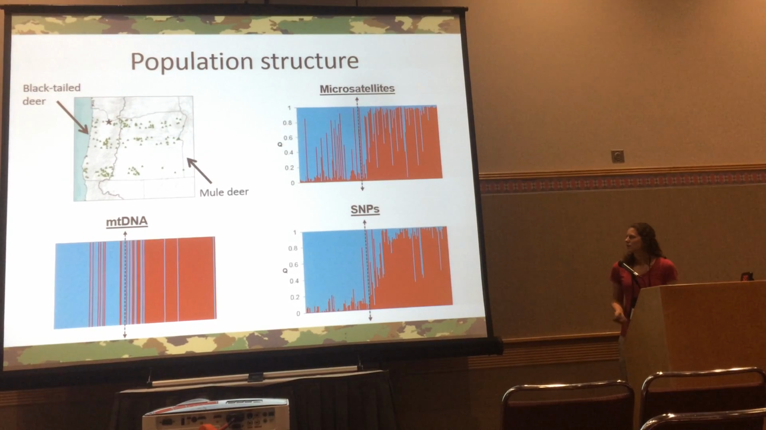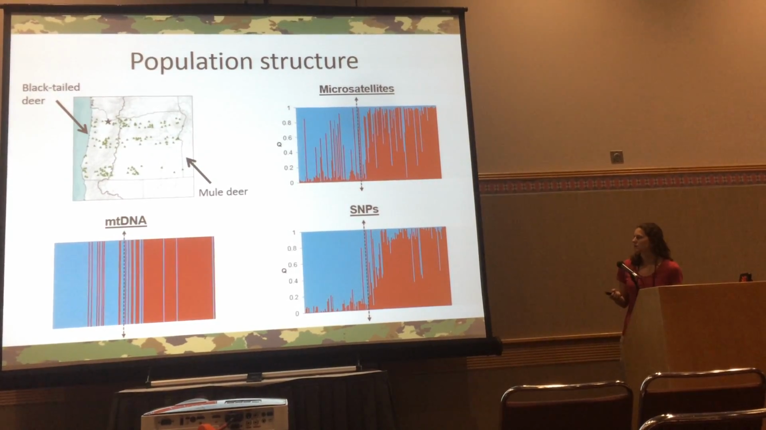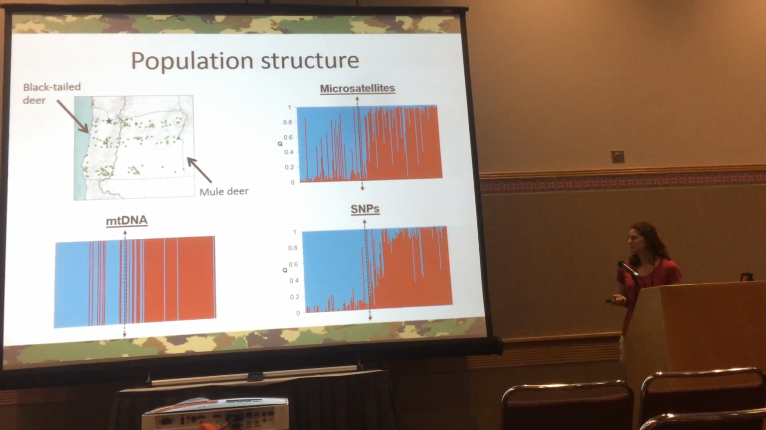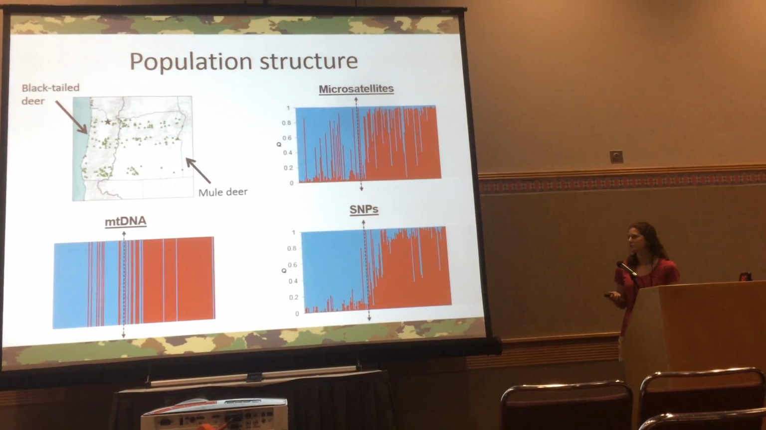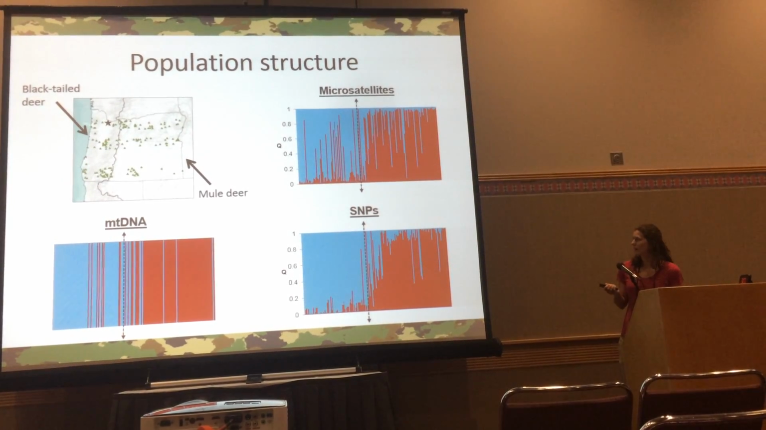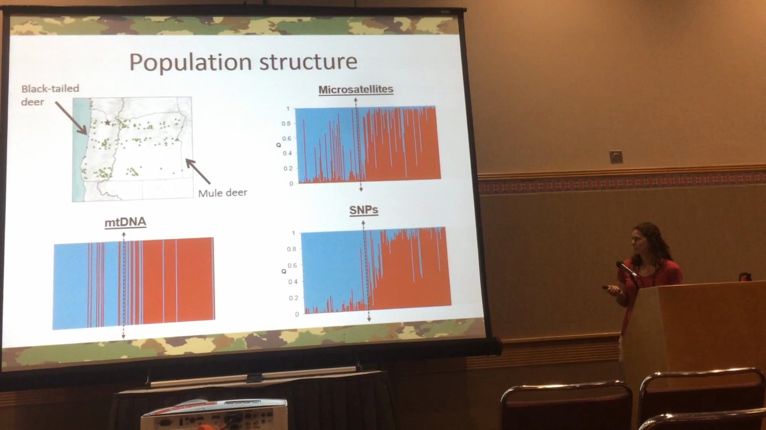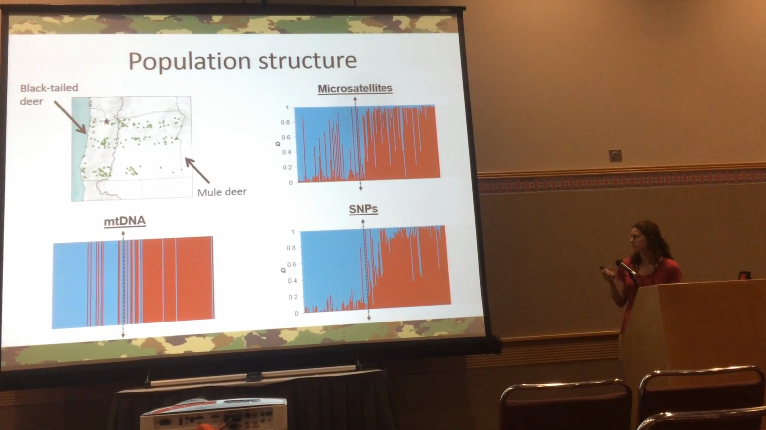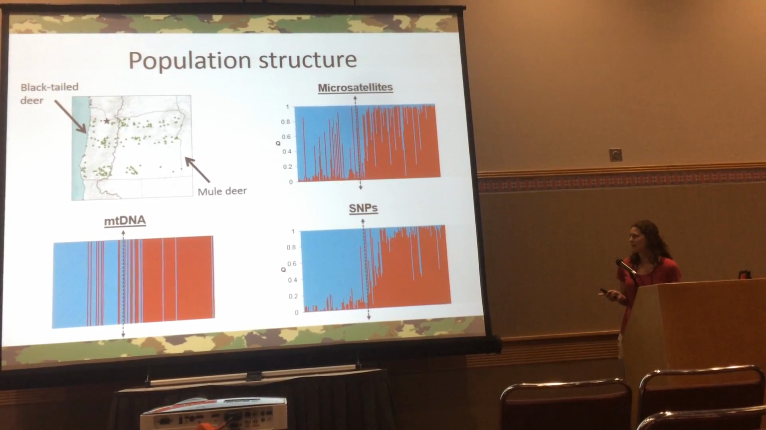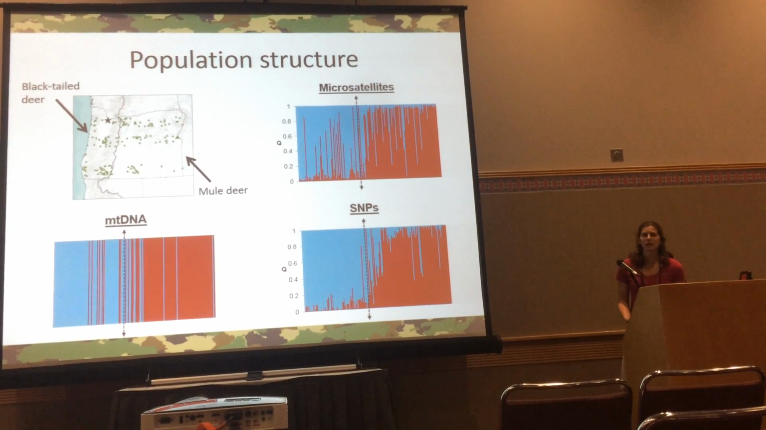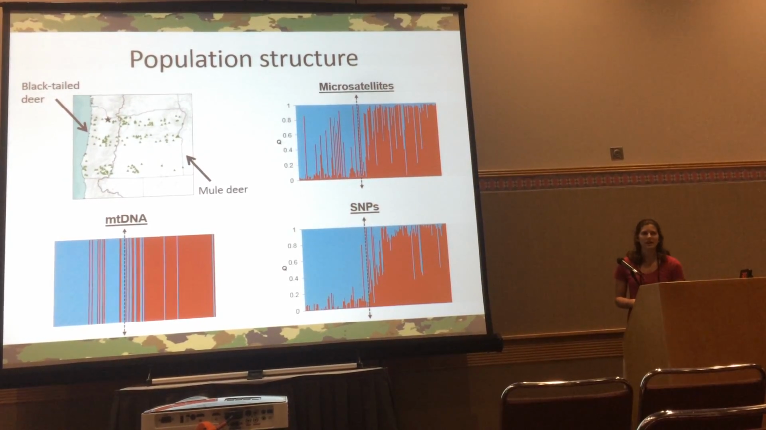And on each of these plots, I've ordered all the individuals from west to east based on their distance to that squiggly line, which is the Cascade Mountains. And that's also indicated by the dashed line on each plot. So for the mitochondrial results, we found that there was 6.4% pairwise sequence divergence between these